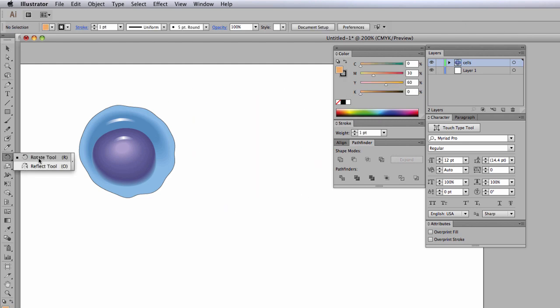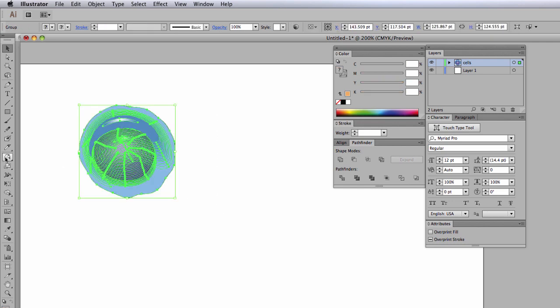The next tool I want to show you is the Reflect tool, and this functions in a very similar way. You have all of the same options, the same approaches to using this tool as you did with the Rotate tool. You can simply click and drag, you can double click the icon, or you can option click. Let me select the cell, grab that Reflect tool, and demonstrate that I can